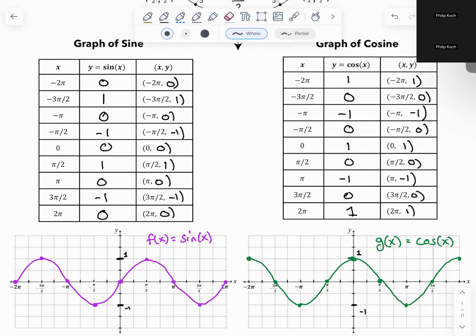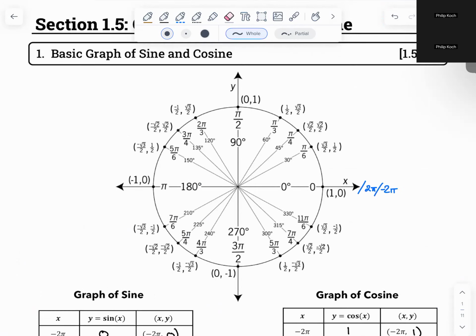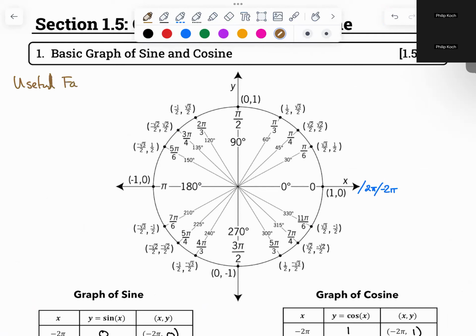Anyways, the reason I bring up functions, you may have talked about this in 126. We typically remove it, at least I do, because it's not a very relevant or useful concept other than this one fact. Have you heard of even and odd functions? Cool. I don't teach it because it's not really that useful. But it's a useful fact that I'm going to put up here. It may just save your life one day.